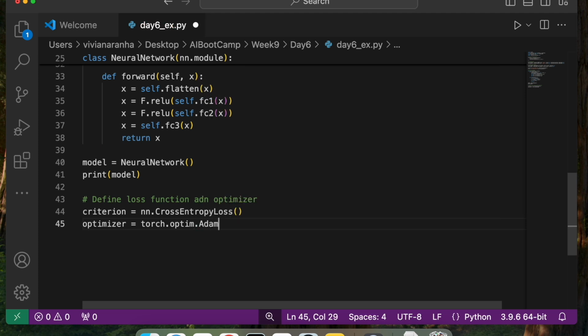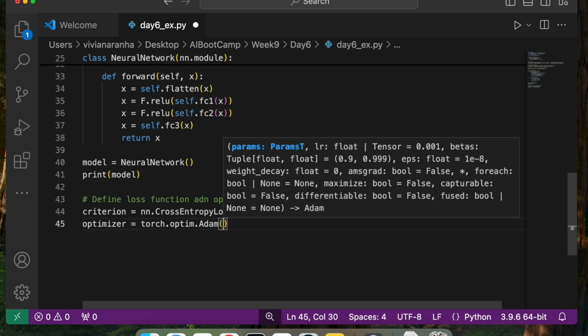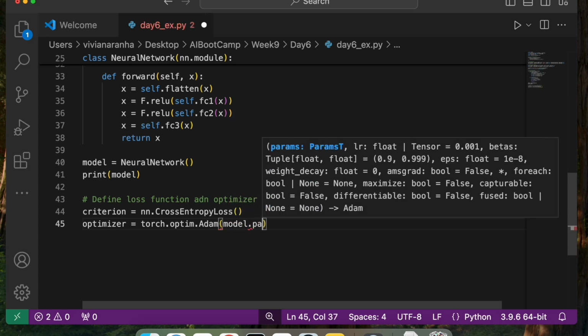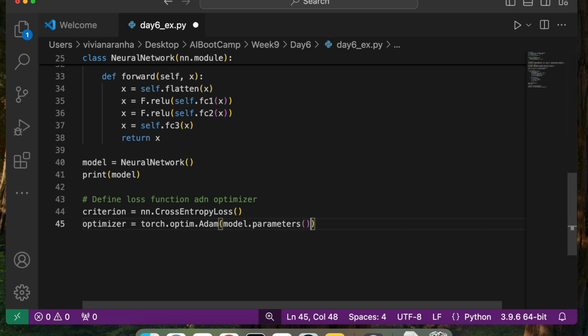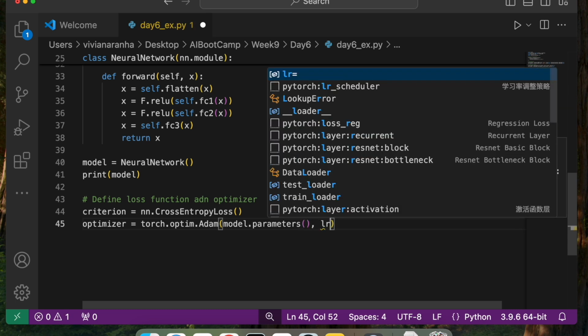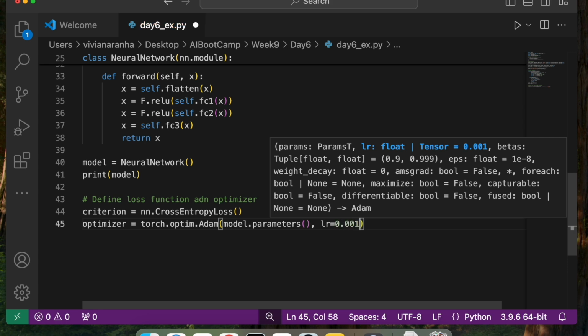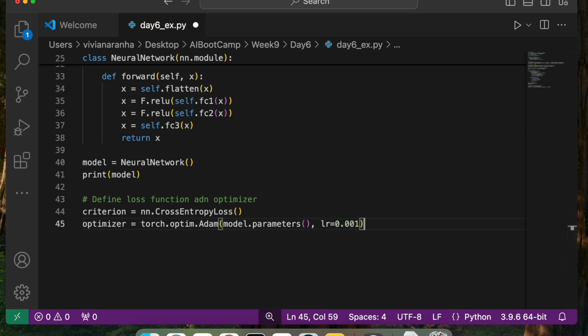I'm going to use Adam this time, and I'll pass the first parameter, which is model.parameters(), and lr, learning rate, equal to 0.001. So what I've done here is the criterion is the loss function, where I'm using cross entropy for multi-class classification, because we have 10 different outputs here. For the optimizer, we are specifying the Adam optimizer for updating model weights, and the learning rate I'm specifying as 0.001.